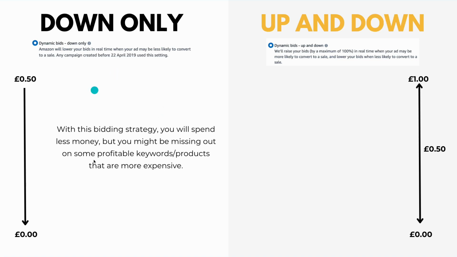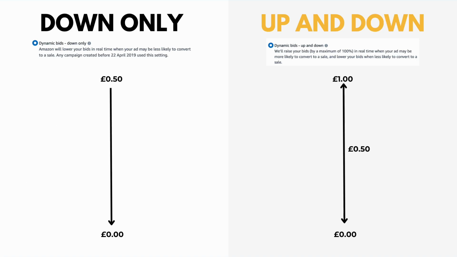bid. So in terms of down only, with this bidding strategy, you're essentially going to be spending less money, but you might be missing out on some profitable keywords or products that are more expensive. Very in demand, very popular keywords generally will have more people bidding on them, and therefore you need to have a higher bid in order to convert. So if there's a really, really useful keyword, bang on what your book's about, but the average cost per click for that keyword is something like 70p,